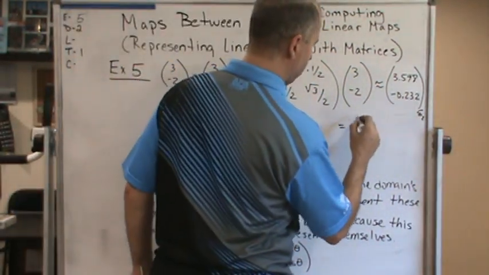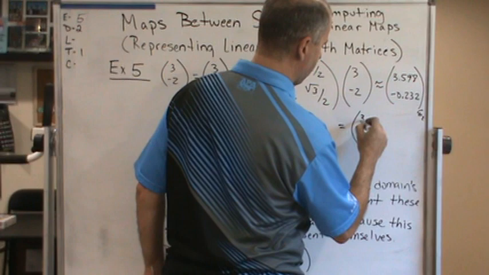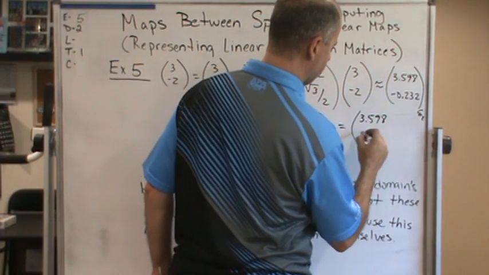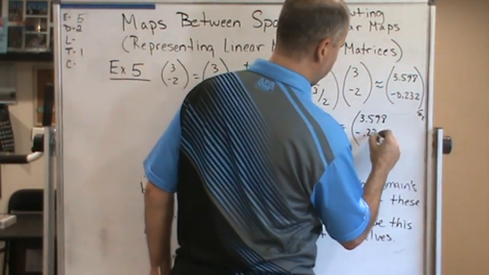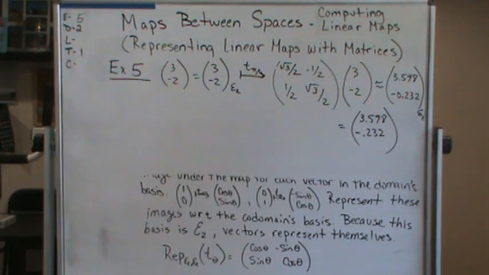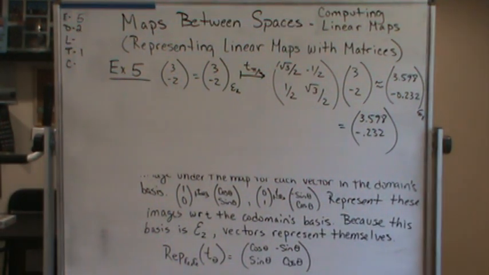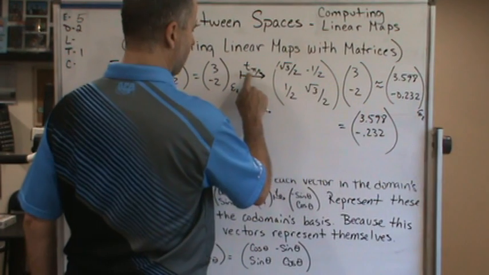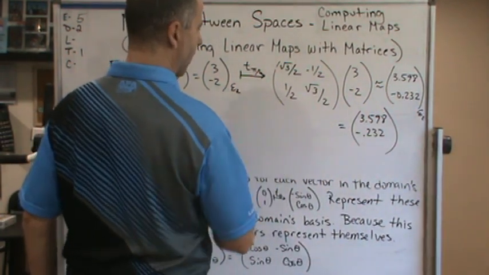And that's going to equal, again it's just representing itself, 3.598, minus 0.232. And that is our vector after it's been rotated, in this case by pi over 6. Now, if we do more general, because this isn't going to change since we already know what the angle is,